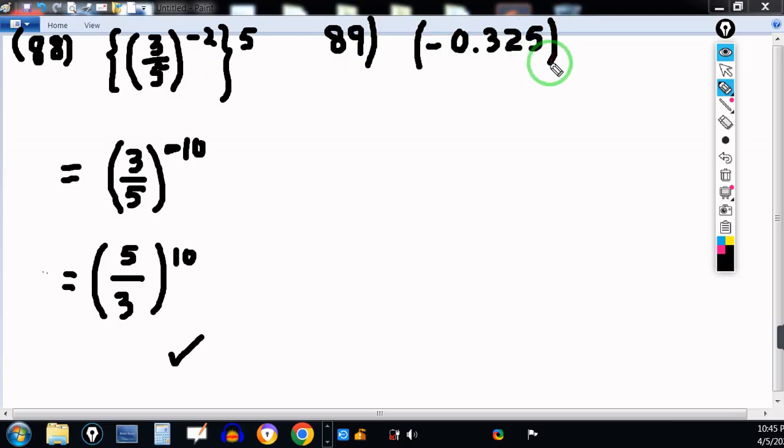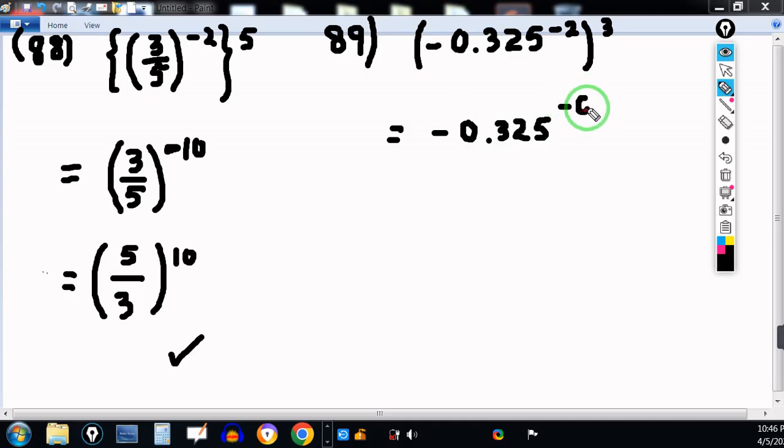And that one is to the power of negative 2. It can be written straight away as negative 2. And outside there is a 3. This one is very fast. Write back the minus 0.325. Negative 2 times 3 will be equals to negative 6. Okay, you can leave it like that, but if you want to do the working, we can also maintain the